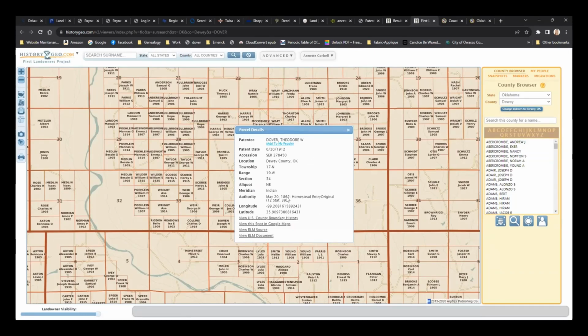I just had my cursor over it and it popped up with the different types of property it had been over the years. This one tells me his patent date, the county, the short legal description, and what authority it's under, because there are different authorities even for homestead exemptions.